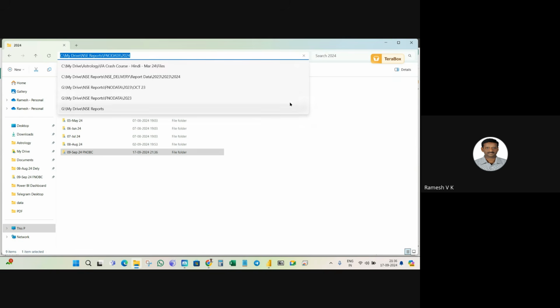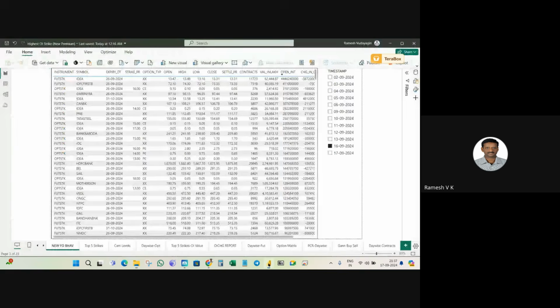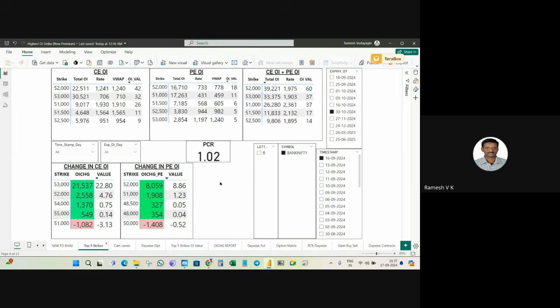This entire 2024 you can copy, Control C, and then go to the Power BI file. Come here. You can go to top 5 stacks. You can just see here 16th is the last date. But how come I don't know this 16th is there here? The BOW copy I could not see there. Let me check. Then go to the